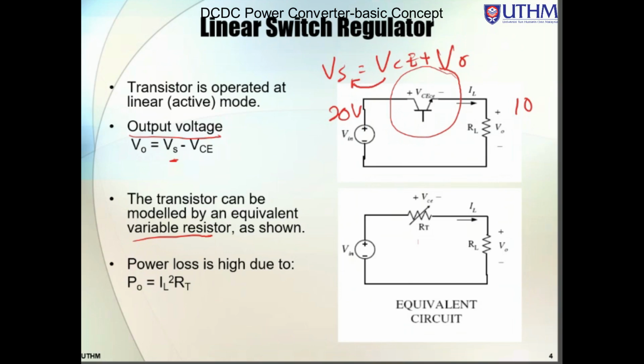But when we use the variable resistor, the problem is the loss. Loss in this one. Because our loss is equal to I square,